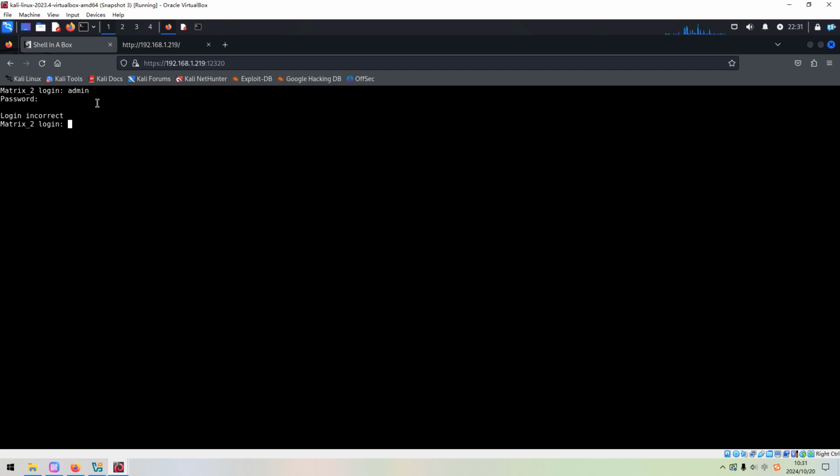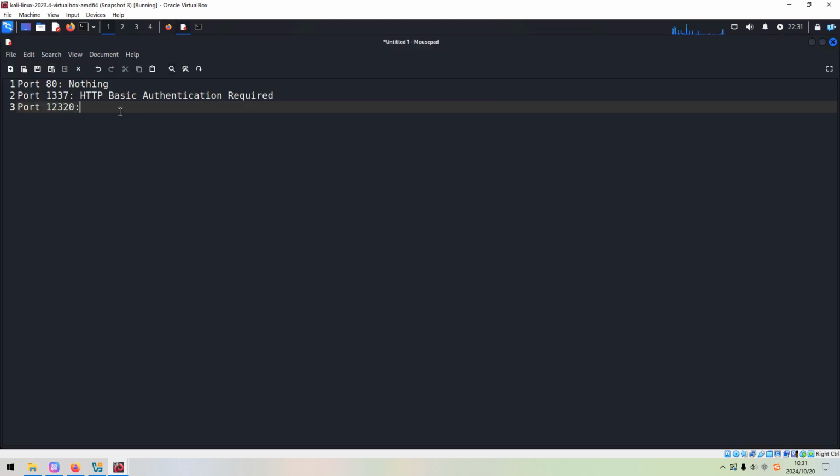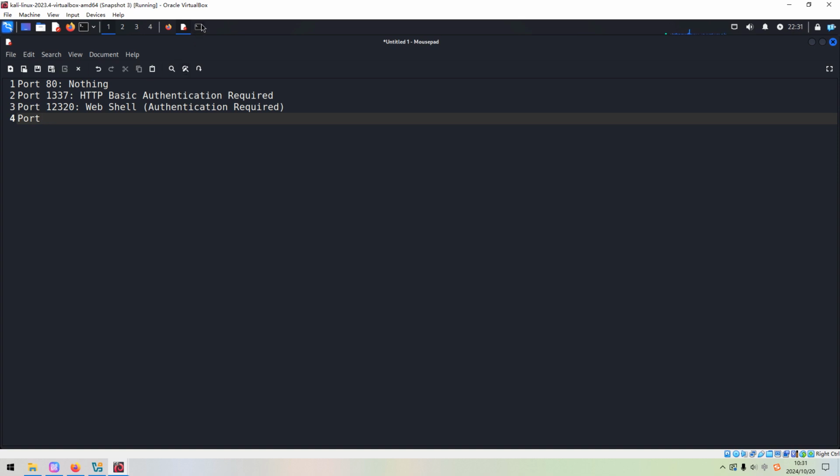Login incorrect. So I think for this port number, we cannot do anything at this moment. This is some sort of web shell, and authentication is required. So let's proceed to the next port number.